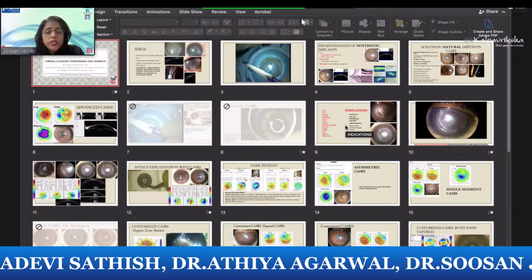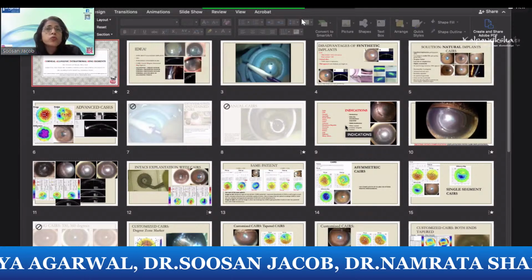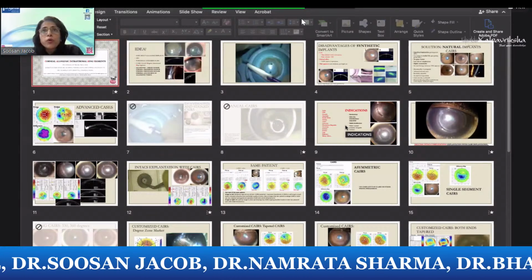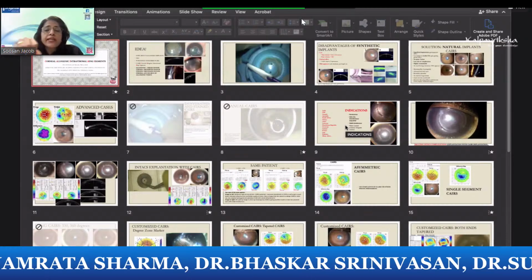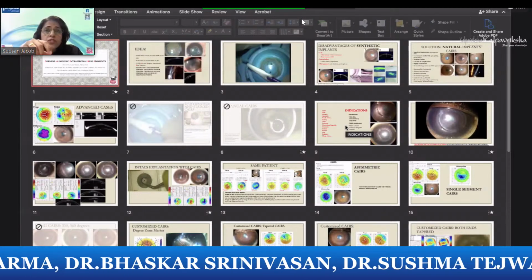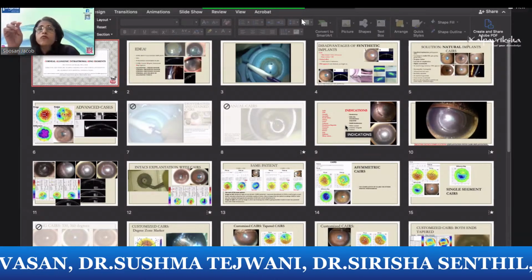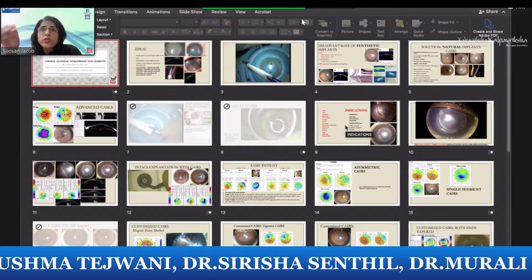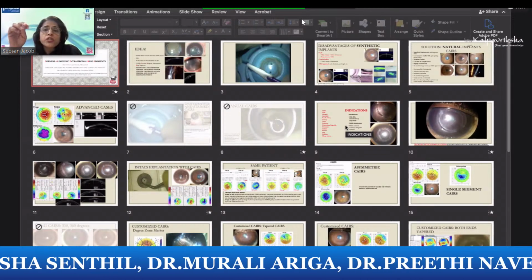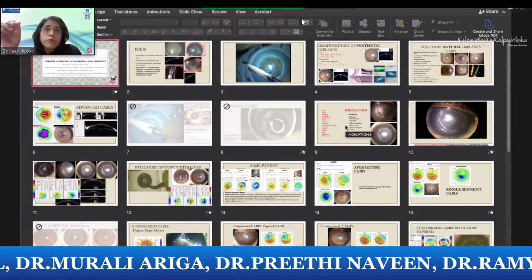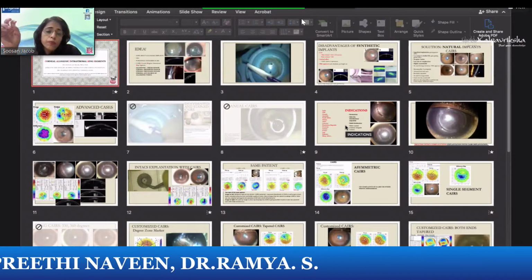The most important take-home message that I want you to remember is, do not treat keratoconus with plain contact lenses alone, because what you're doing then is showing the patient a beautiful world with contact lenses, but you never treated the underlying disease, which is the progressive nature of the disease. So please do cross-linking for patients if they're progressive, and only then give contact lenses. Otherwise the patient is in a false sense of security, thinks he's doing extremely well, and then comes back a few years later with advanced keratoconus and high K readings, and then you're forced to do a DALK or a PK for this patient.